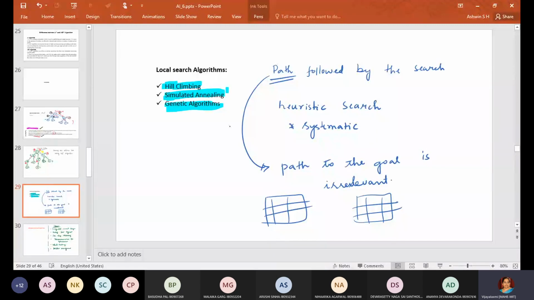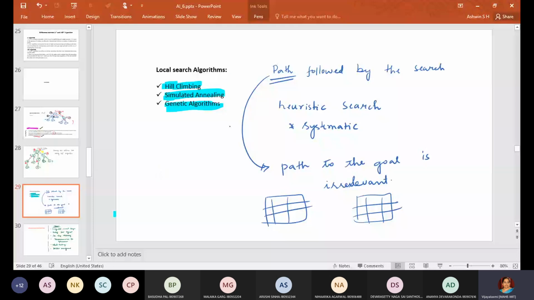Simulated annealing is part of metallurgy. And the genetic algorithm comes from evolutionary biology. All these are inspired by real-world phenomena. Under this we will study hill climbing now.